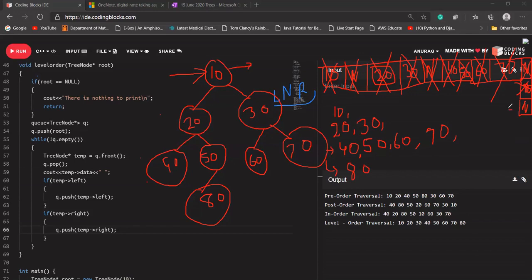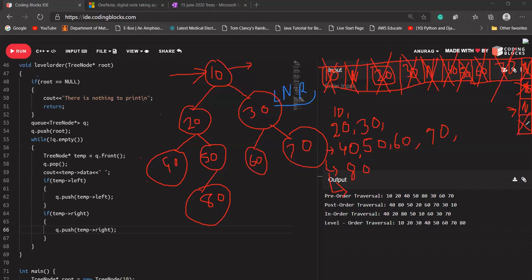Again, a null comes. Whenever a null comes, what we are going to do? We are going to change our line. Again, after changing this line, I'm going to again add a null here. But this will cause us an infinite loop because again we'll be getting null, we'll be adding null, we'll be adding null. So I'm going to just update our function. What I'm going to check before inserting null is whether any data is present after this null. If our queue is empty we are not going to add anything.